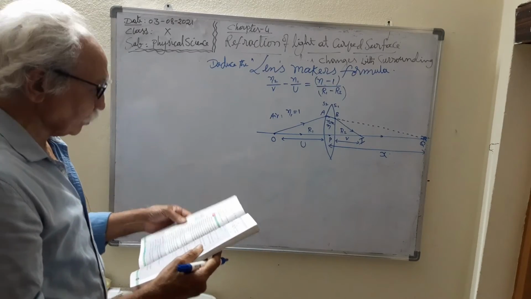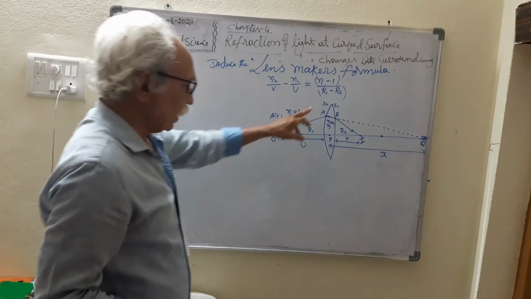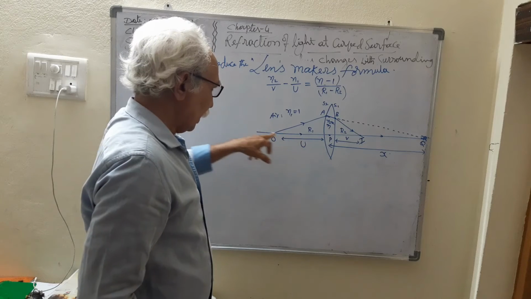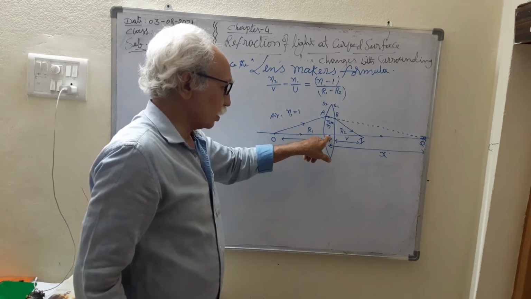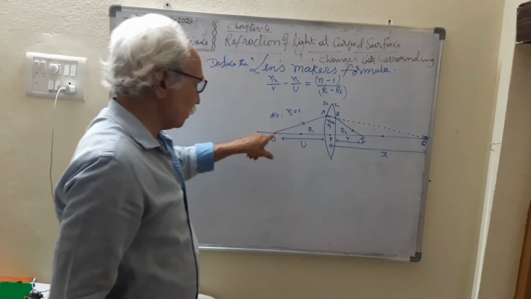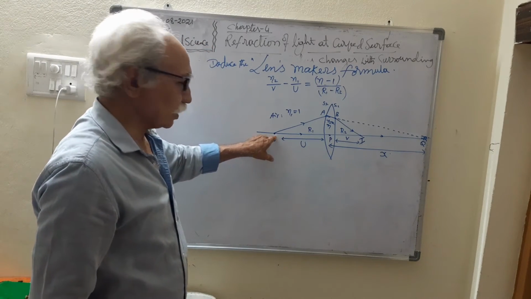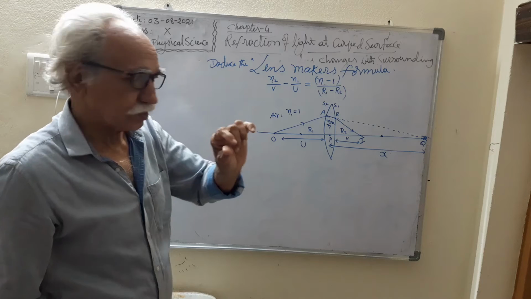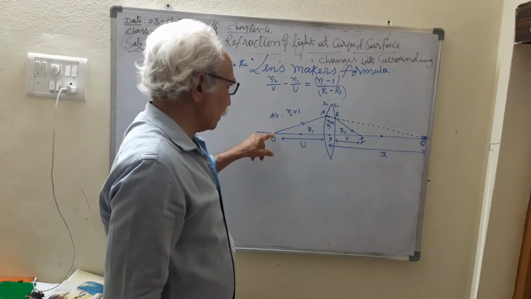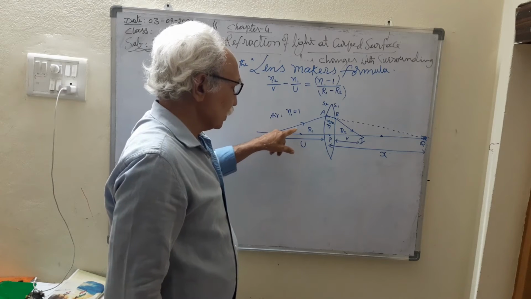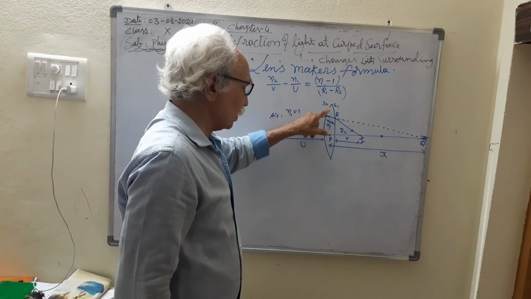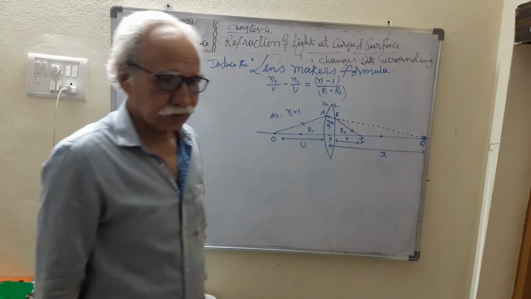Consider once again. Here is the biconvex lens, and this is the imaginary principal axis. The midpoint is called the optic center. Along the principal axis, at a point, we put a small object, called a point size object. From that object, one incident ray at some angle to the principal axis is incident at the point A on the surface of the biconvex lens.